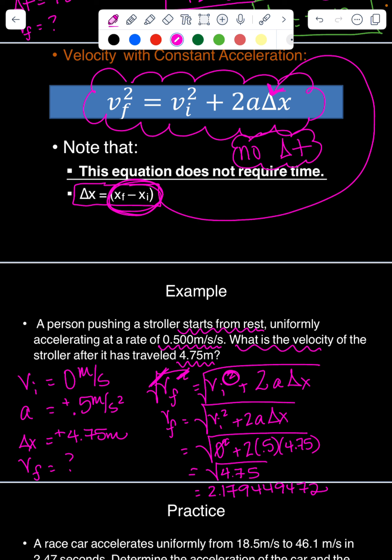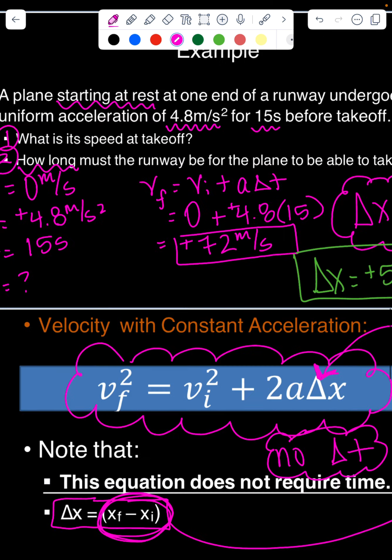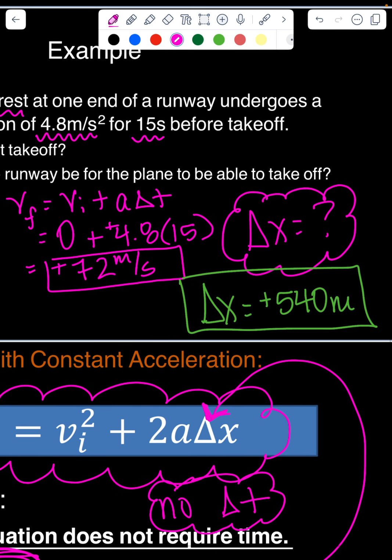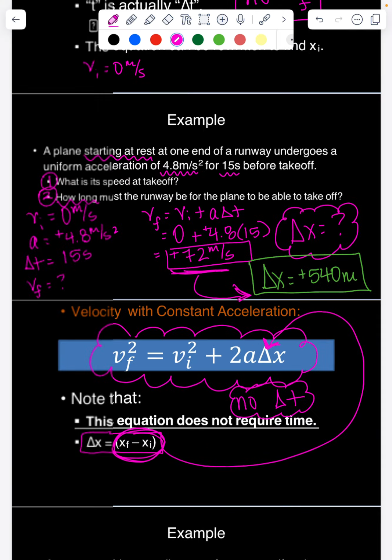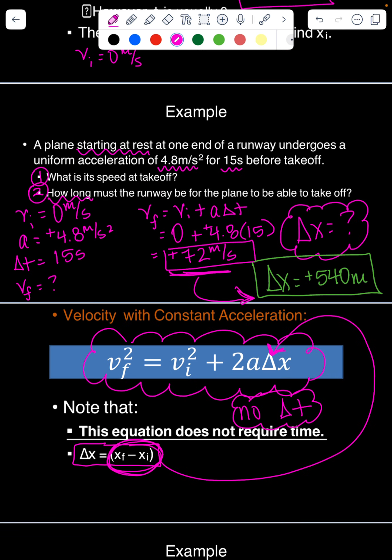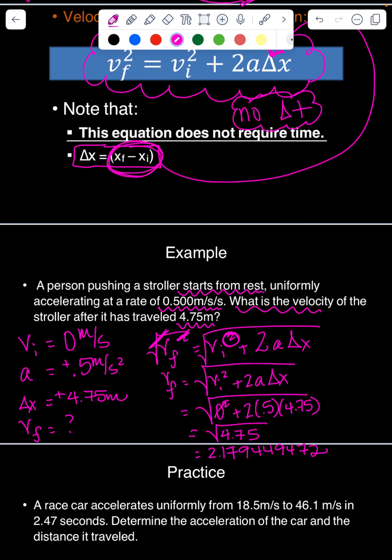That has not changed. The only thing that has changed is that because we are looking at two-step problems, kind of like what we saw right here, all right, we had to use this in order to find this. That's whenever sig figs get a little hairy. So I'm not really worried about sig figs anymore, but I still want you to give me a good amount of decimal places. By a good amount, I mean like 2 decimal places at least. So if we are looking for 2 decimal places, that means we cut it off after that 7. And that makes my final velocity